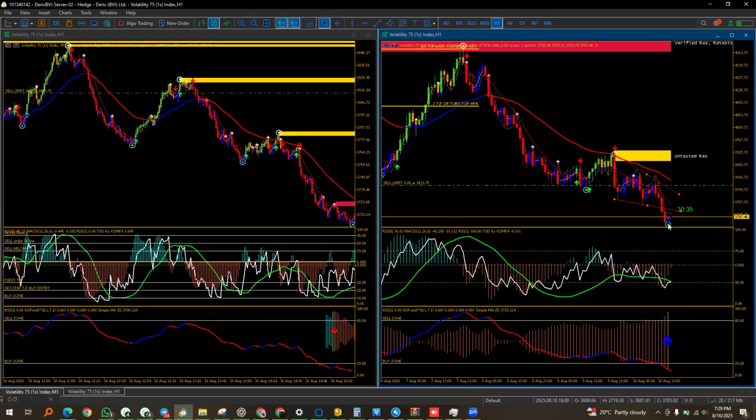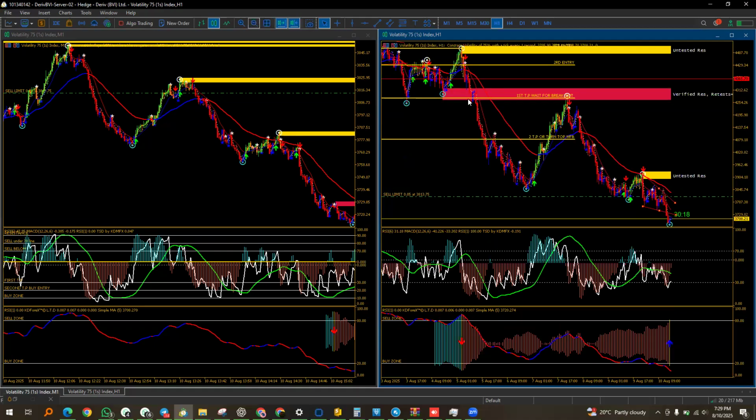Because the problem which is going to be there, there are going to be minor retracements in the market, and those minor retracements are going to affect your profits. You see, this is just one example I've given you here. We are going to find multiple times, while the market is going to consolidate.